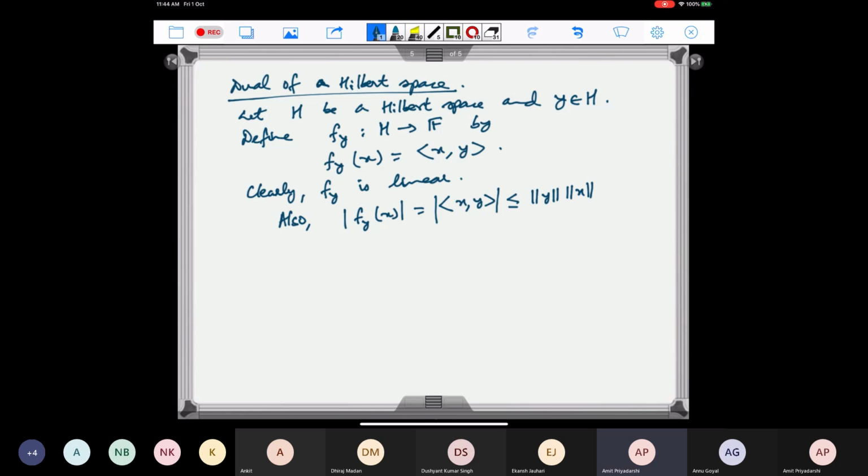This is by the Cauchy-Schwarz inequality. So therefore, what we get is